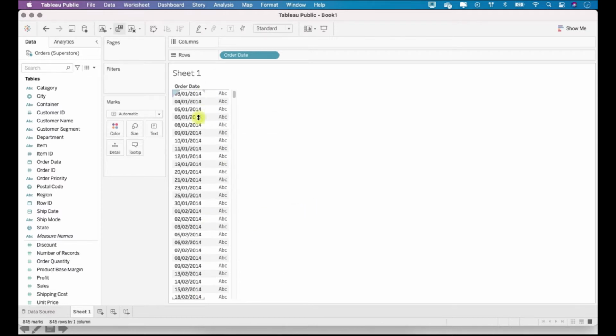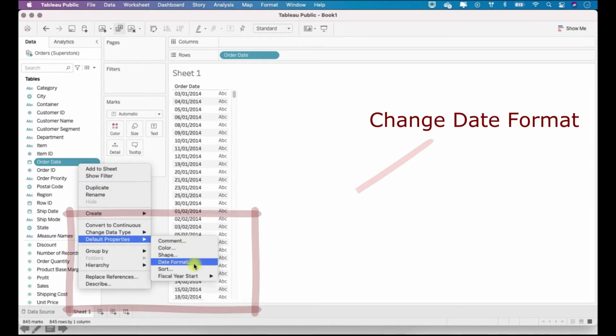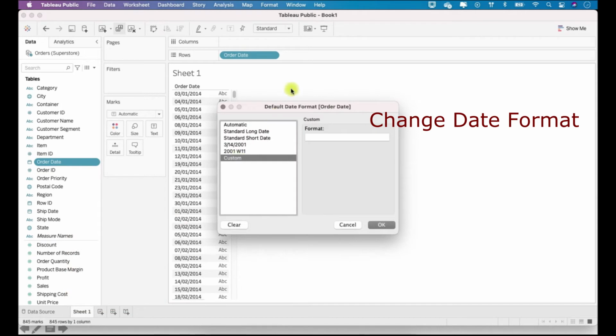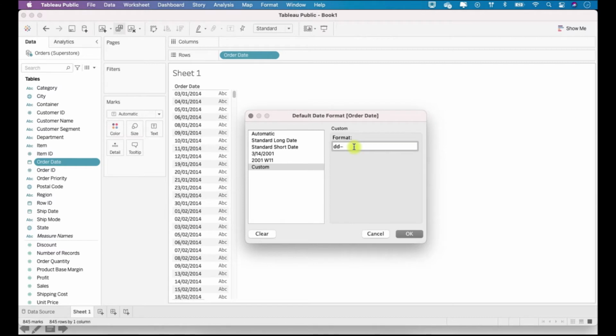And if I want to change the display format, then what I can do is just go here, right click, go to default properties, and date format. So using this option, you can change the date format being displayed. Let me click this. I can go to custom and say I want it to be displayed as DD-MMM-YYYY.